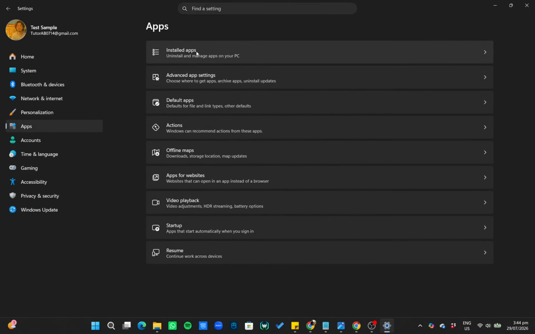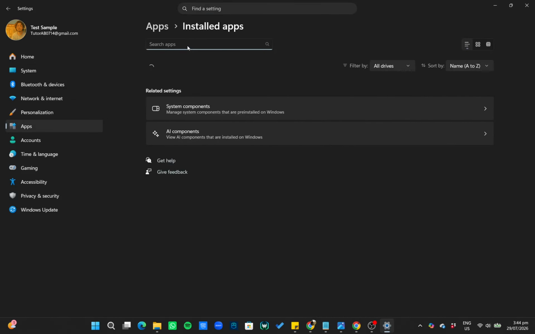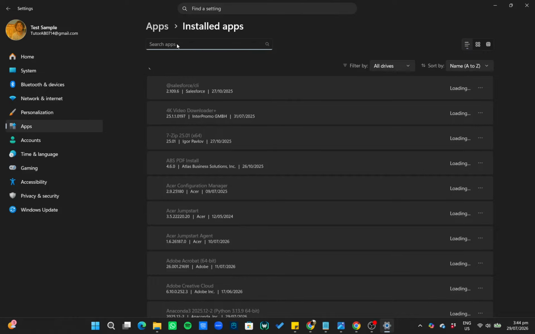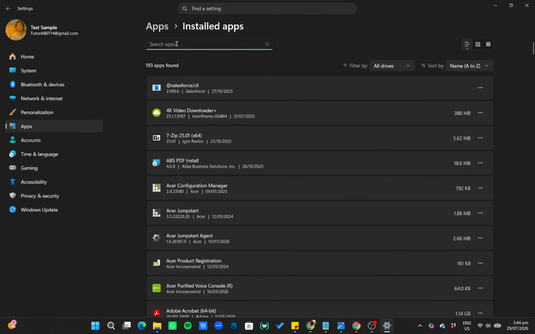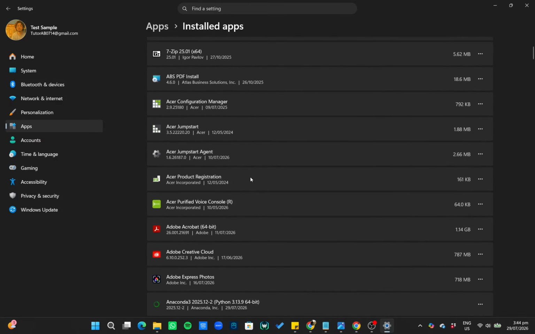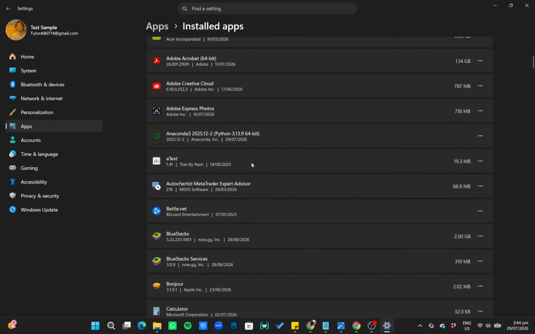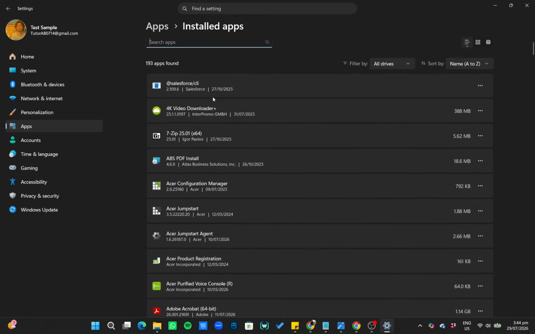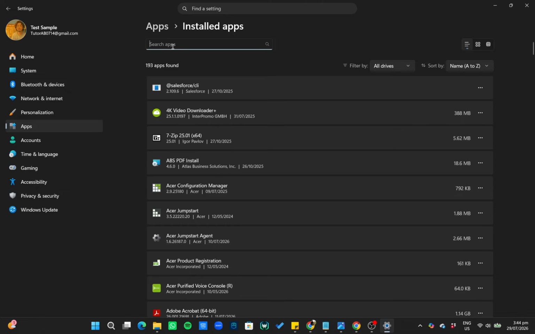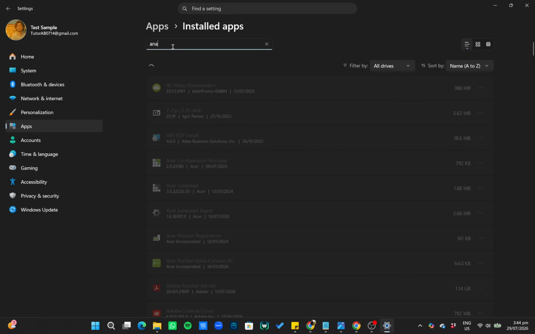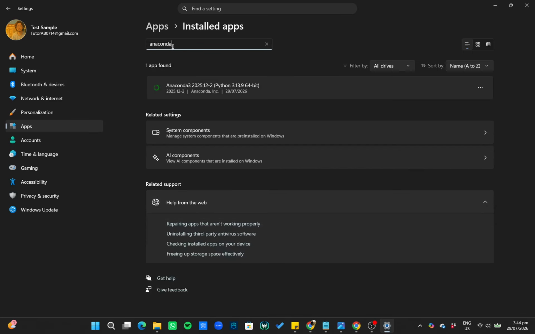The main area now shows a long list of apps and programs installed on your computer, along with their sizes and sometimes their install dates. You can scroll to see more entries. On some screens you may also see a search box at the top that lets you quickly filter this list by typing part of a name. Next, find the app or program you want to remove. Take your time here and read the names carefully.